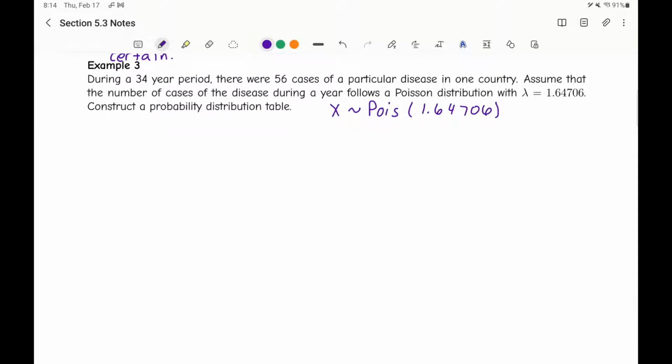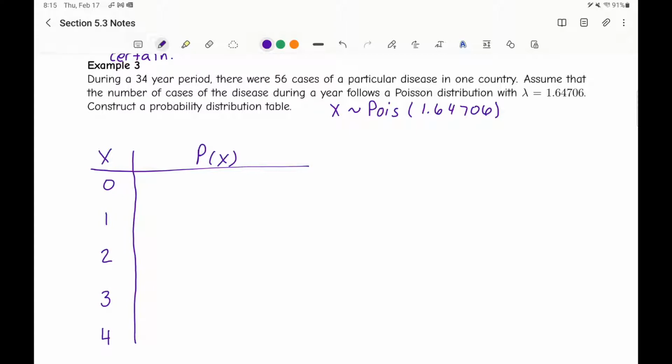So it says construct a probability distribution table. So remember a probability distribution table. And here I'm going to make it vertical instead of horizontal. Is x and then the probability of x. Well, x is 0, 1, 2, 3, 4. And as we were saying before, it technically goes on forever. So I'm going to have to calculate the probability of each one of these separately using the formula